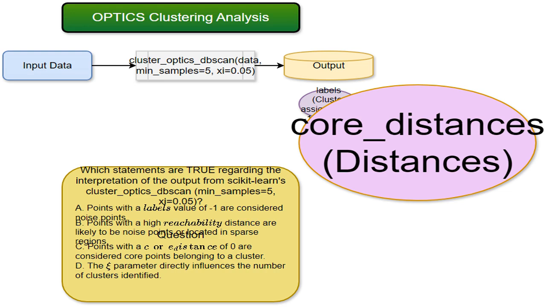clusteropticsdbscan function. This line sets the stage, clarifying that we need to evaluate 4 different statements, A, B, C, and D, concerning the meaning of the algorithm's results, particularly the labels, reachability, and core distances and the influence of the SHE parameter. It's all about interpreting the outputs of the